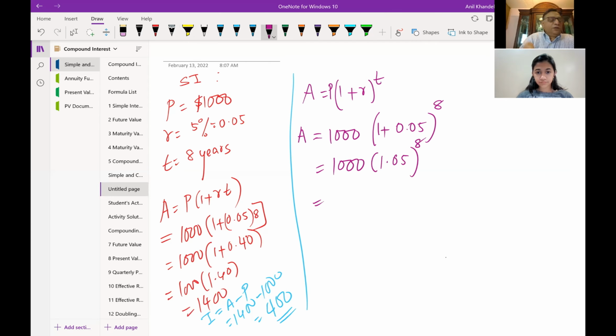Yes, we get the answer. Correct, 15. So if that is the final amount, what is the interest on it? Interest is the difference between amount and principal, right? And in this case, it is